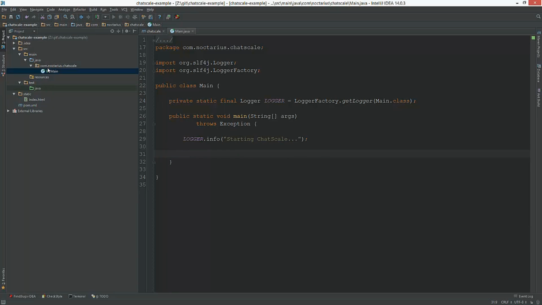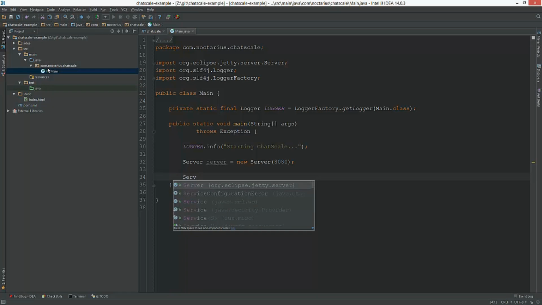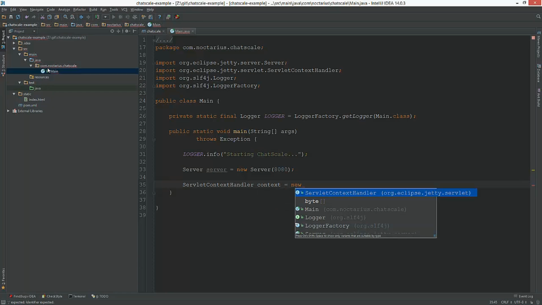And okay, as I said, we start by just writing our index HTML to the browser. So we need a Jetty server, and I want to reach it on port 8080. And we need a servlet context handler, which holds our actual servlet itself.